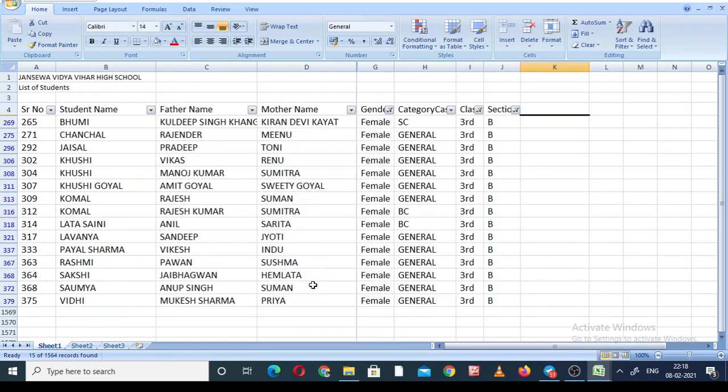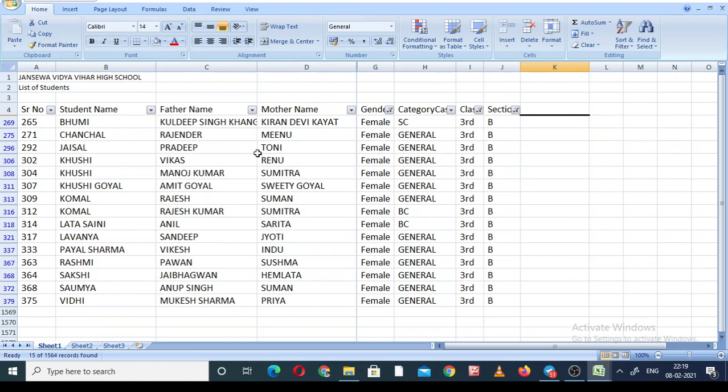So now this is the list you can see on your screen. This is the list of the girl students of 3rd B. So this is possible with the help of the filter. Suppose I would like to get a printout of this. Out of 1700 students, when the data is mixed and not in sequence, it was very difficult to get the printout of 3rd B section girls, but with the help of the filter you can do that. Not only for getting the printout, for any purpose you can use this filter button in MS Excel.